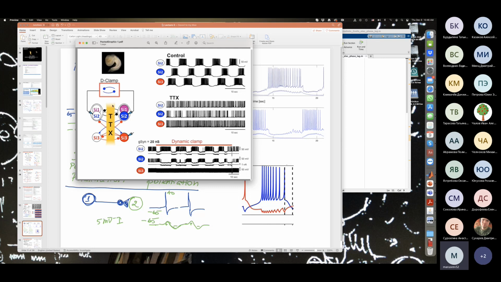Okay, so in this particular case, these cells, SI1 and SI2, they're coupled by a strong electrical gap junction, which means these cells fire together. So you don't have to consider them separately, right? They fire together. And then Akira, I mentioned his name several times last time, right? He applied what's called TTX. TTX is another neurotoxin,